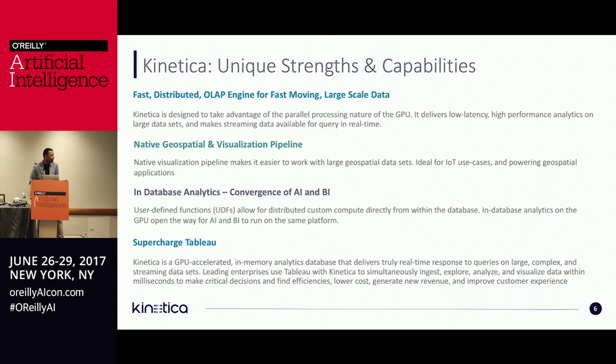Let me go over one more slide, and then I'll go into a demo. What are our strengths? We cover 4 different use cases. The top one is fast OLAP. If you have a query that requires a table scan, or queries that do group bys, that do joins,